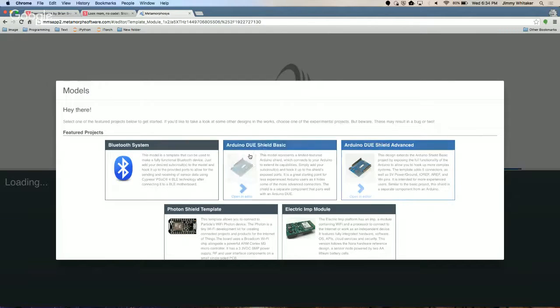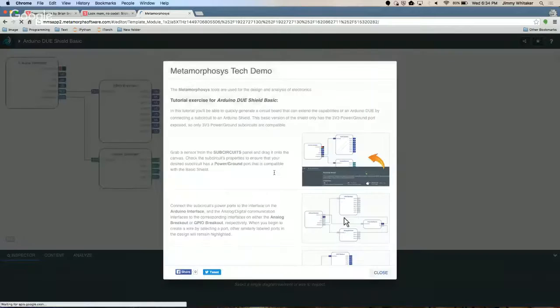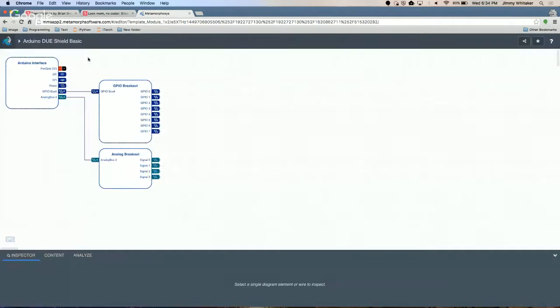So they're using this concept of model integrated computing, and actually this is all powered by the WebGME to do things that are, again, meaningful to people in this space. But you can see that they have an Arduino interface, some general purpose input-output stuff, analog breakout, either way, electrical-y things.